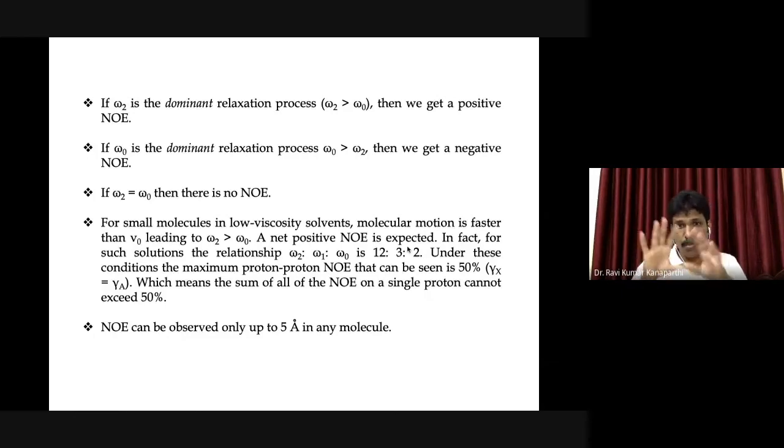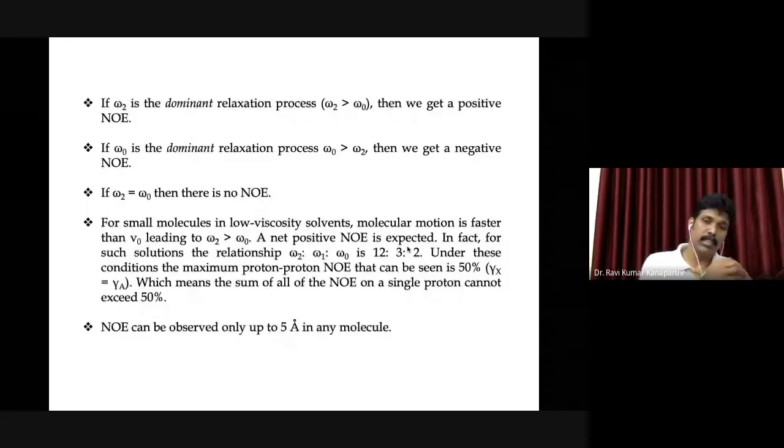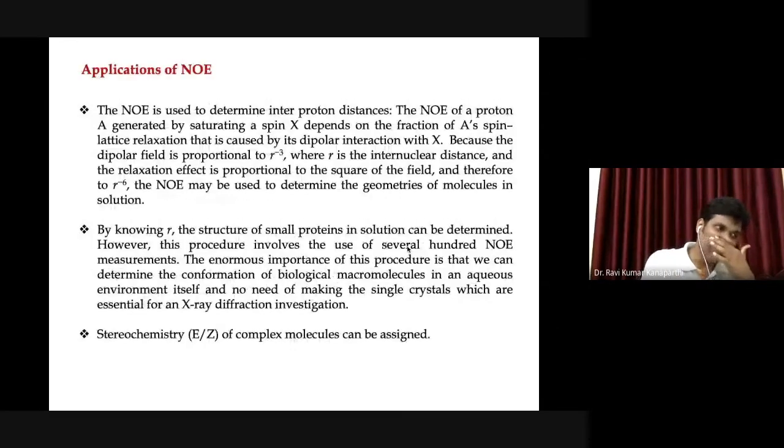But through space, it is 1 over r to the power 6. If it is through space, the interaction is dipole-dipole, and it is related with r to the power 6. Therefore, accordingly, the NOE will be seen,